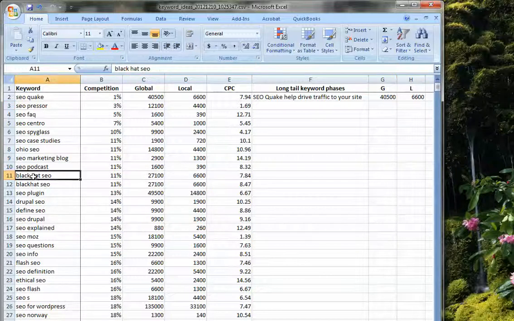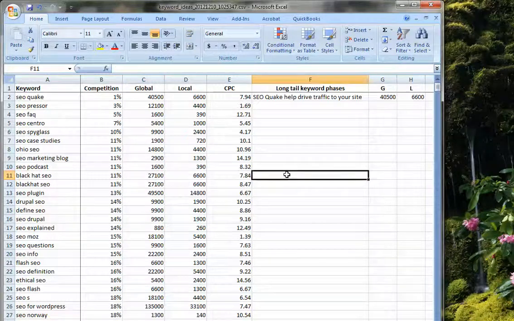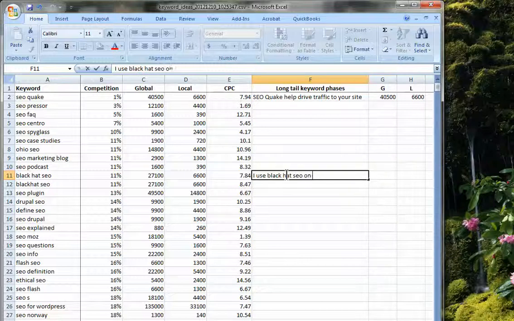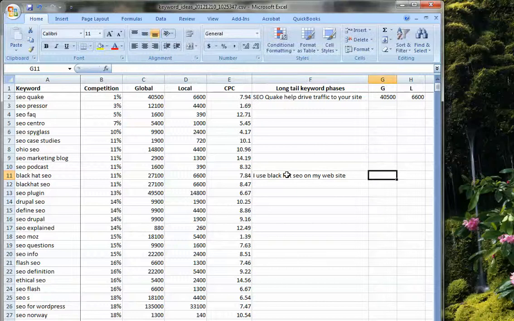So let's come down here and look at this one right here. Black Hat SEO. I would say, I use Black Hat SEO on my website. How many searches does that give me? Just as an example, I'm just using quick examples. Now I might refine this a little bit better. Okay, that's how many I have. I come down here, here's another one.